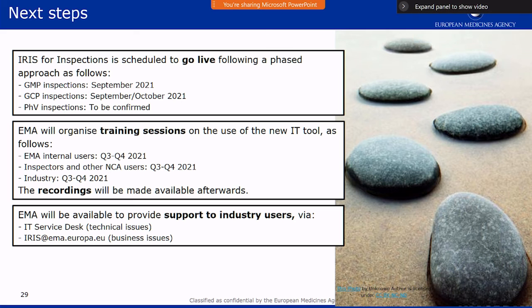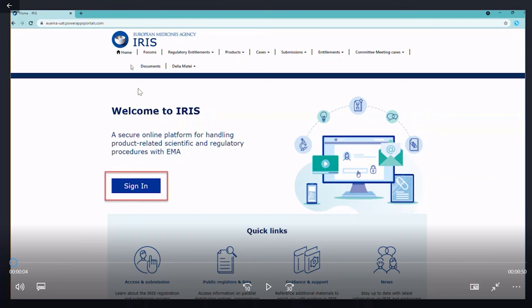If you have a more business-related question, I'm not sure what the process is about, I'm not sure why I have been charged this particular fee, then you can reach out to us via the iris@ema.europa.eu mailbox. As I said, I'm going to take you now through a video, and I will post the video to walk you through the steps that you will need to follow once you have access to the IRIS industry